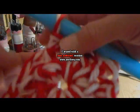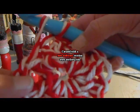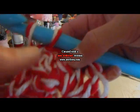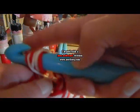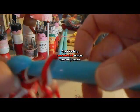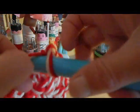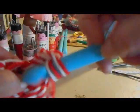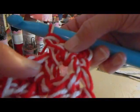Then what I like to do is you can either go forward to the first space between the group of 3, or you can go backward. And I like to go backward just because that's in a chain stitch, and I consider that the beginning where I joined to the chain stitch. Now in this one, you do 3 double crochet into that loop you made, into the space you made when you joined to the original 3 chain stitches. So there are 3 double crochet in that space,